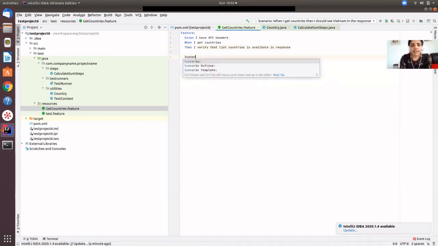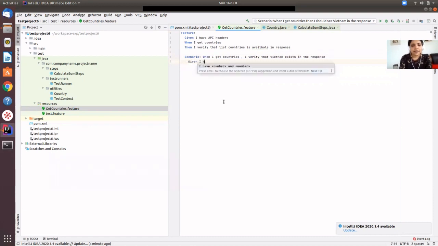Okay, so my scenario is basically to verify that Vietnam exists in the response given by the application. So the scenario is when I get countries, I verify that Vietnam exists in the response. So given I have API headers,